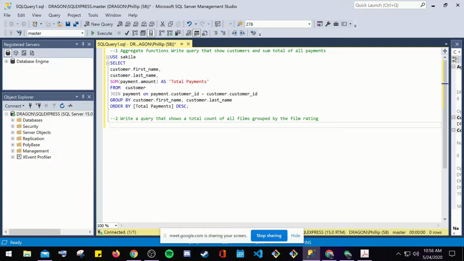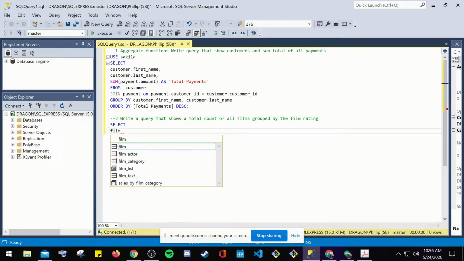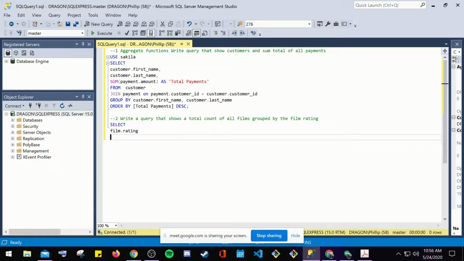So first things first, we're gonna do select film.rating. We're gonna go ahead and put count. We need a count. Let's go ahead and do a lowercase count as, let's go ahead and quotation this right here for the table, film count. So this is going to be the film count right here, and then we're going to have from film group by